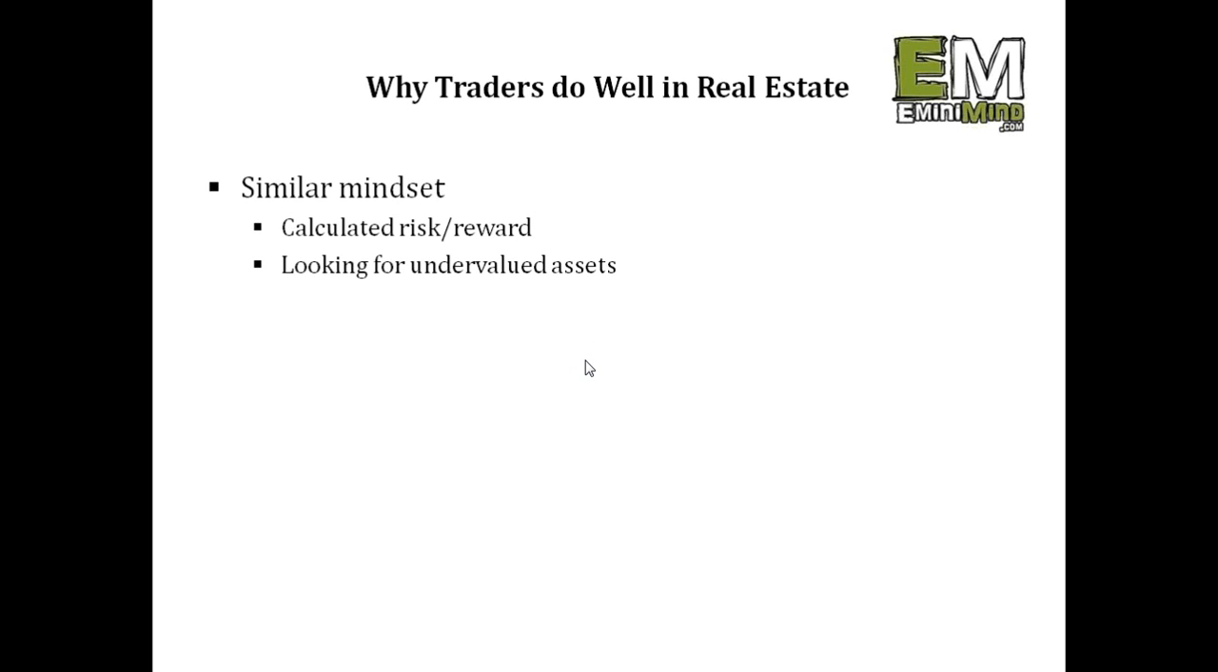And then lastly, I want to talk a little bit about real estate, and why traders do so well in real estate, and typically vice versa. It all comes down to that similar mindset. Both traders and real estate investors are looking to take calculated risks, looking for that risk to reward ratio, looking for those numbers to make sense, looking at undervalued assets, looking for diamonds in the rough, very good at doing due diligence, becoming familiar with a market, an area,